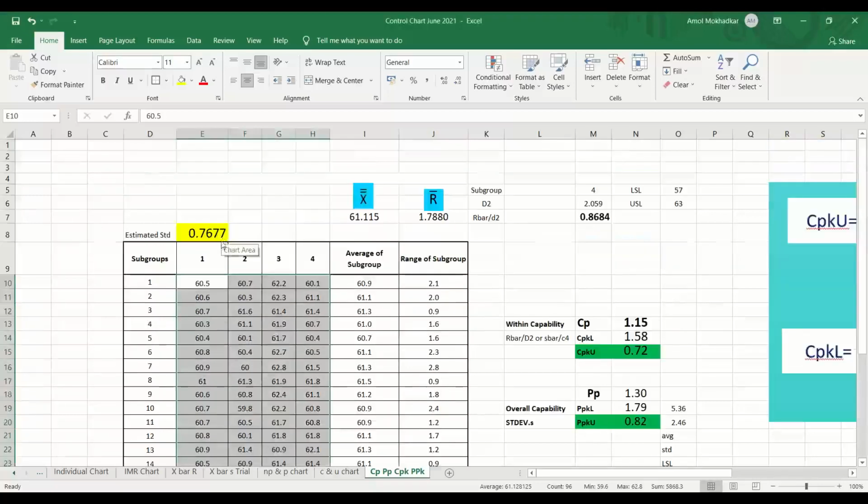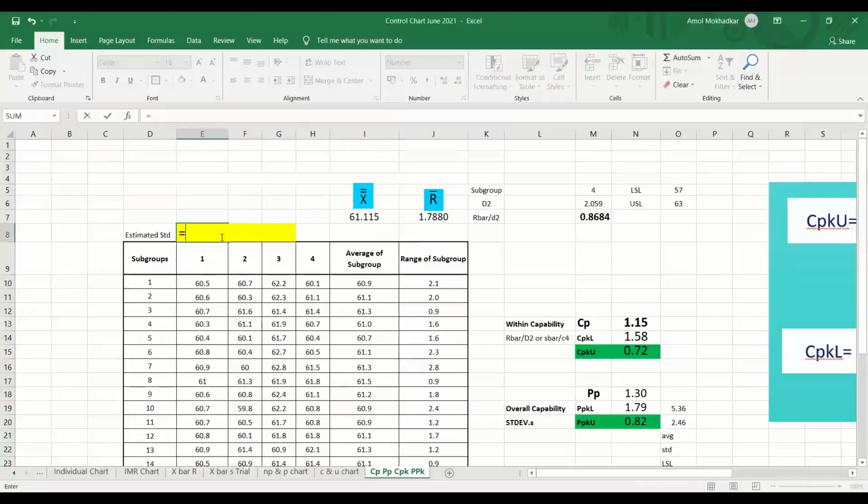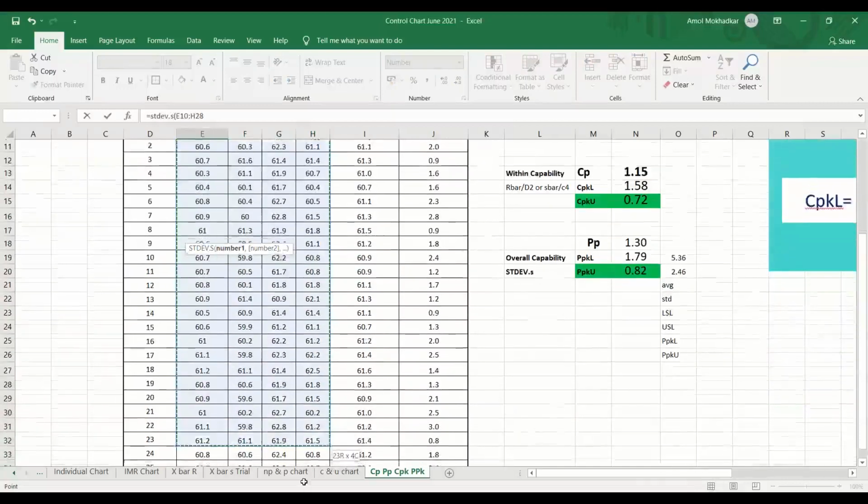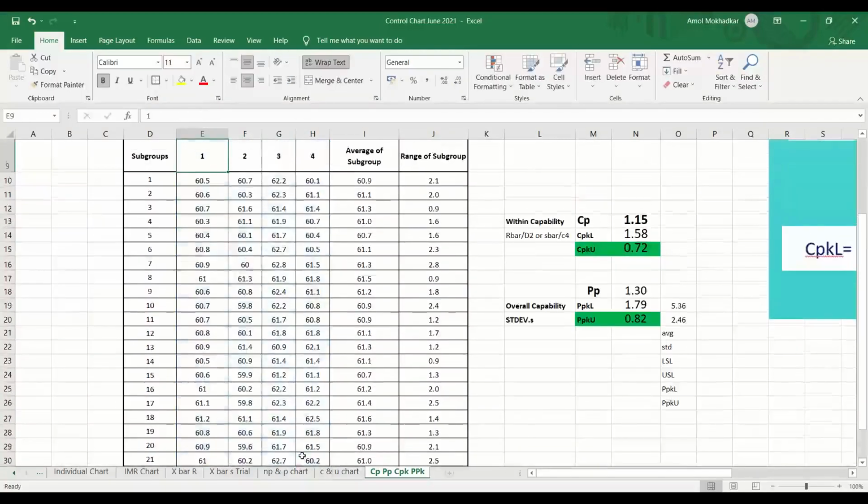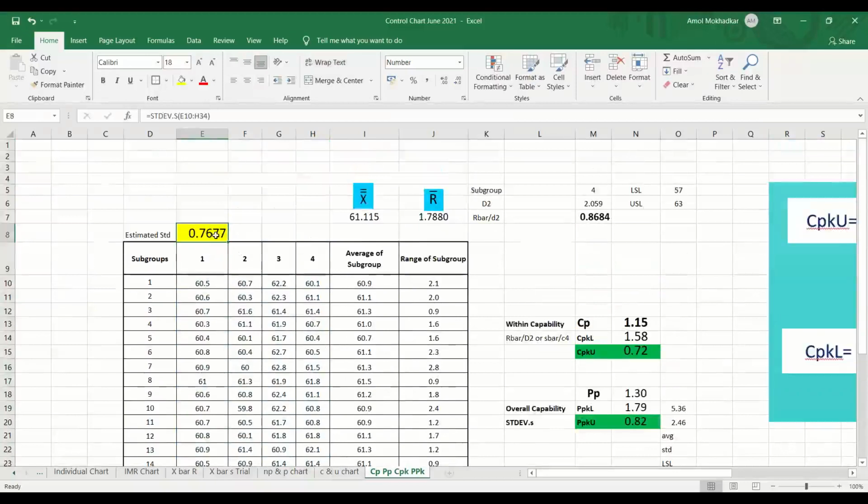Yes. So what formula you are going to use is STDEV.S, that is for the sample by n-1, and you use the entire data. So you got the value of this. Now you have the estimated standard deviation, you have the R bar value, and you also need the D2 value. D2 value for subgroup of 4.